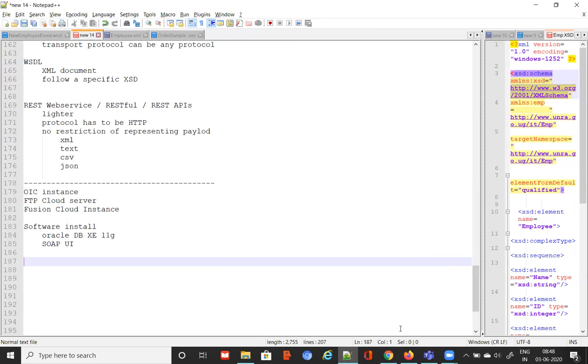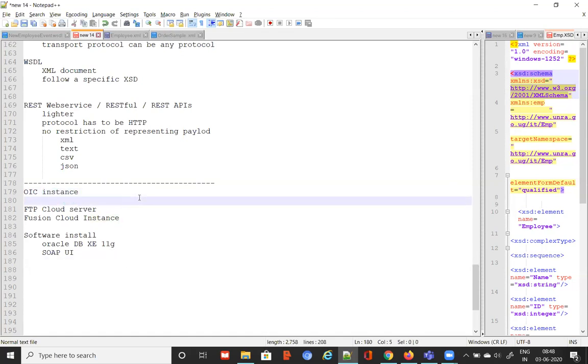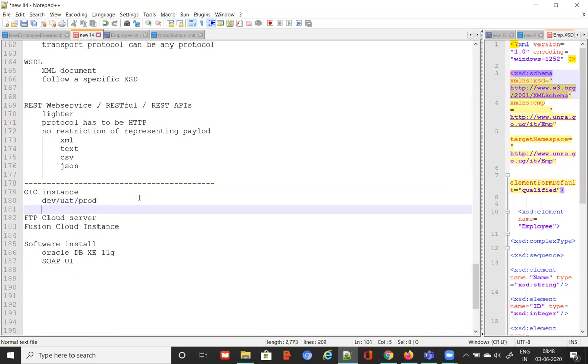Deployment of our integrations, you mean? There is no concept of deployment in the integrations. You are just going to activate, that's all. In real time, you may have a dev instance, a UAT instance, and a production instance. Three instances. You develop the integrations using the development instance and test everything. QA will be testing on UAT. Then you move them to the production instance. There is a way to export and import the integrations. Whatever you do here in the instance, you can export and import into the other instances.